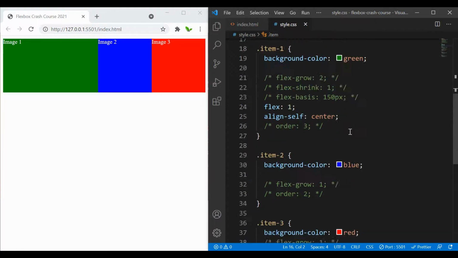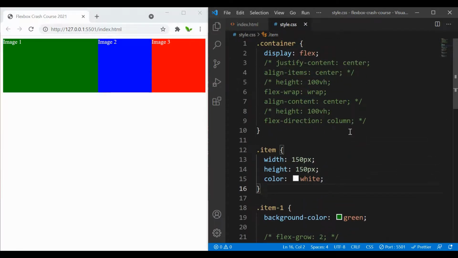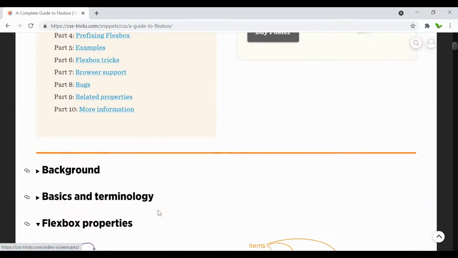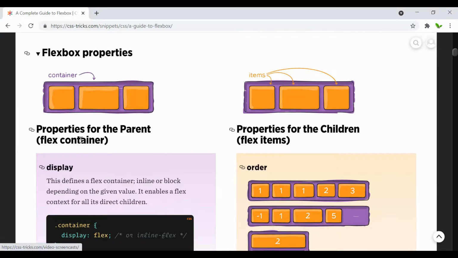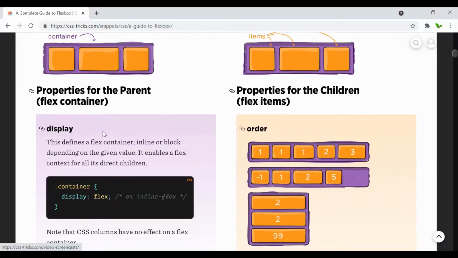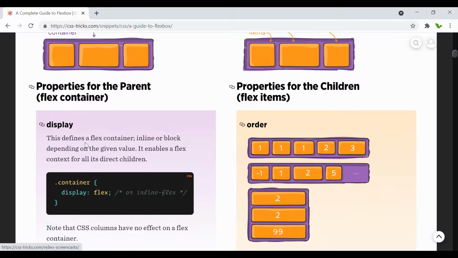And then next one here, I just want to quickly show you the website where you can learn more. So this is only for reference. Now let's take a look here. You can see that we look into the flex property, which is the parent or the flex container,